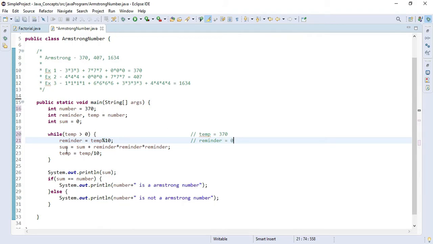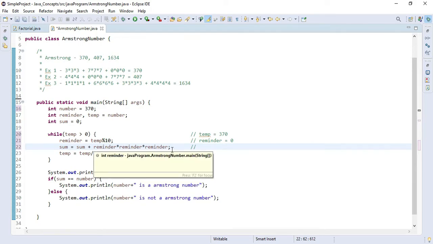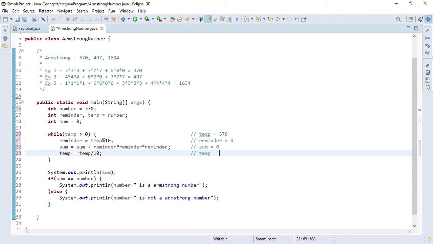After that it will go to the next line, and sum is equal to sum plus reminder into reminder into reminder. Why have we written reminder into reminder into reminder? As the size of our number is 3 digits, that's why. So the sum value will be, as initially it was 0, 0 plus 0 into 0 into 0, again that will be 0, and after that the value of temp will be temp divided by 10, and that will be 37.